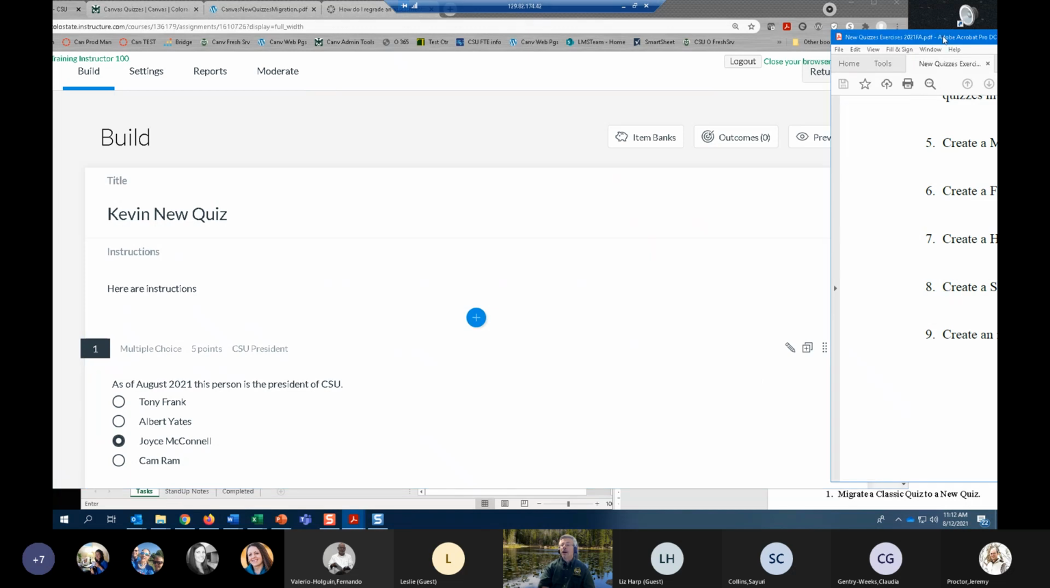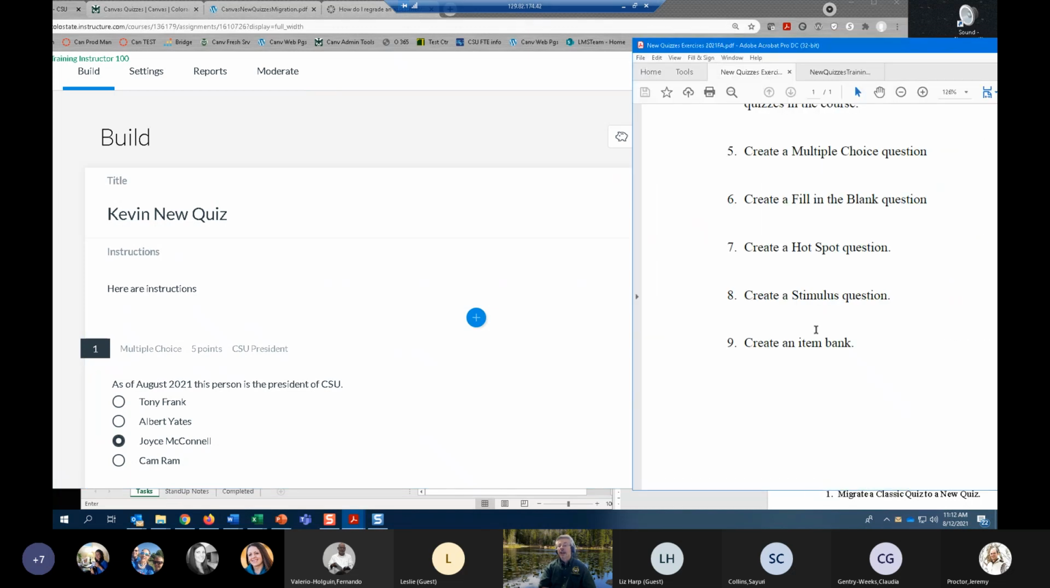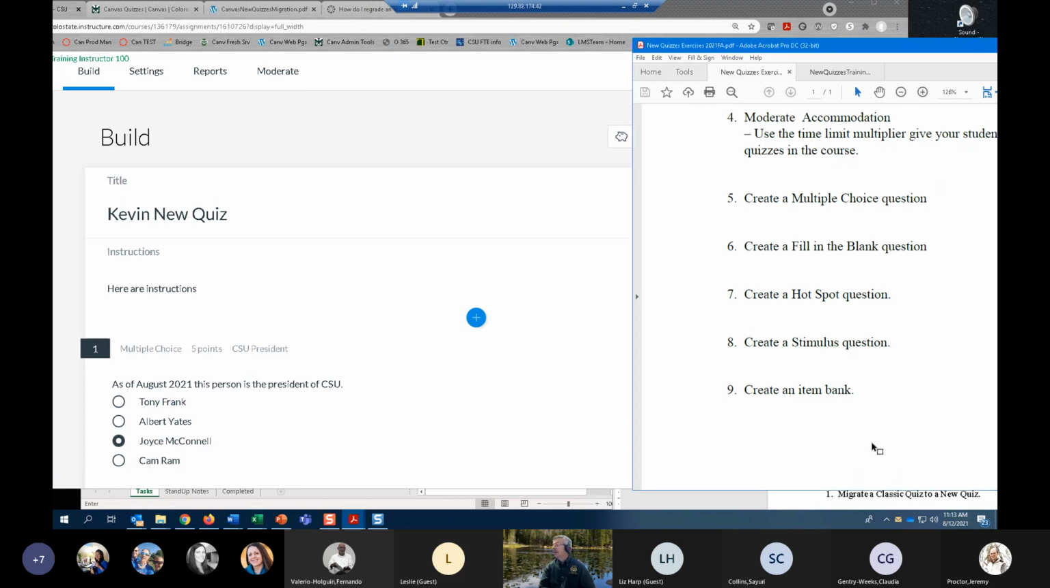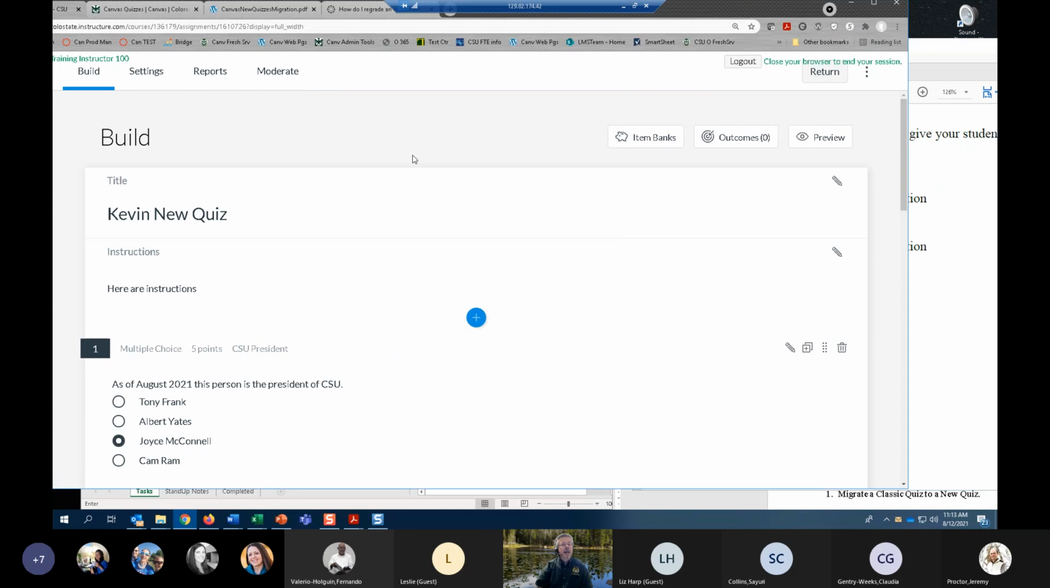All right, and I'm going down here, and it looks like I'm going to move into the last thing that we're going to talk about, at least in terms of the hands-on portion of this workshop, is let's take a look at an item bank. So with item banks, the only way I can get to an item bank is I have to go into a new quiz. So I have to either create a new quiz or have an existing new quiz. And so as you can see, we're in a new quiz right now. Notice I get the item bank option here. So if I click on item bank,